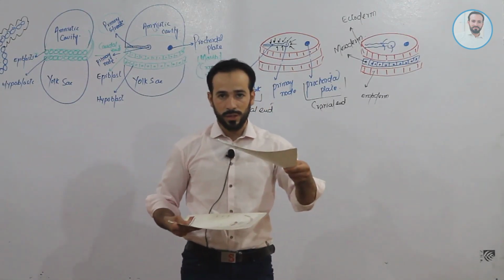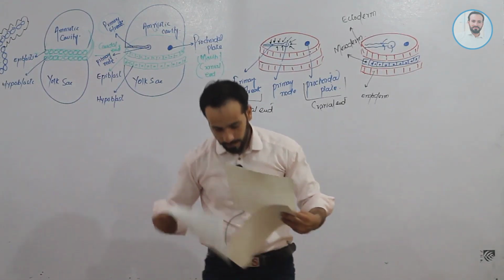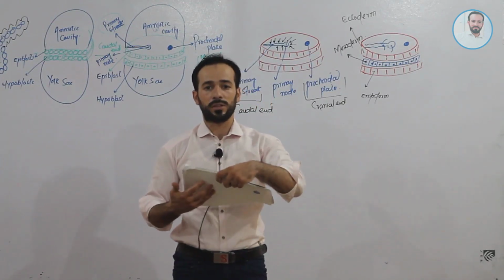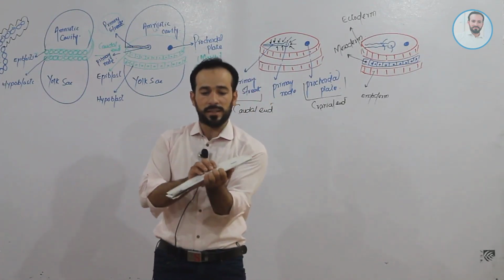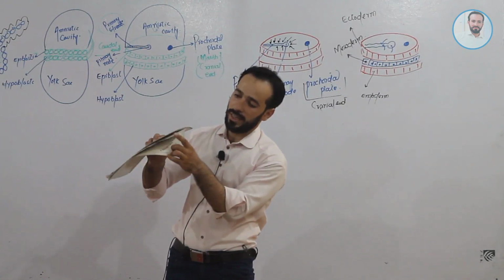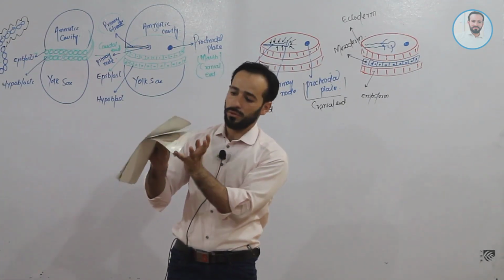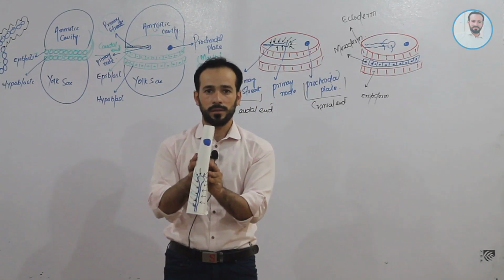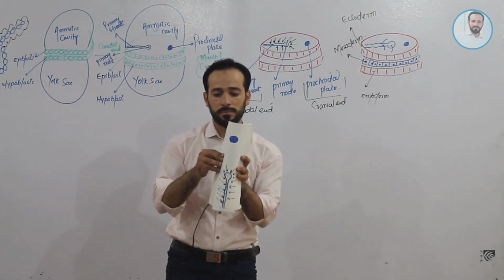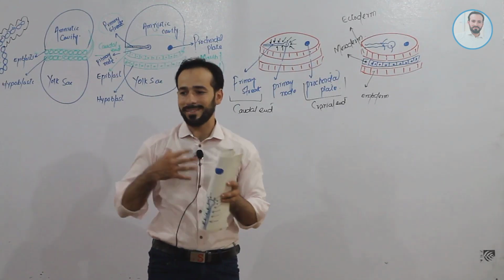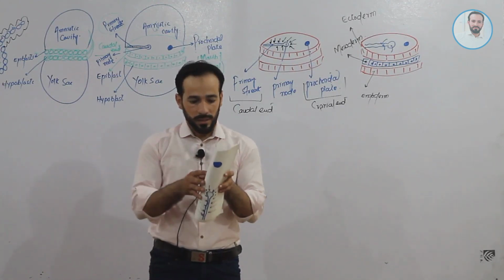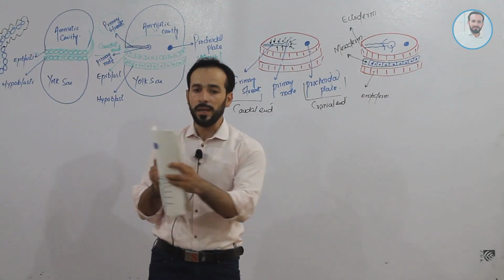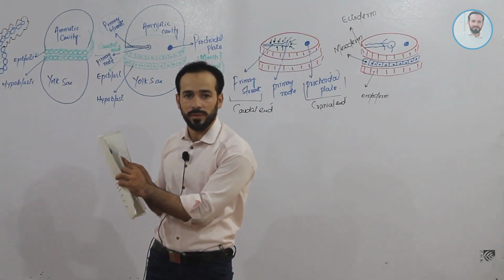If this is our ectoderm, here will be our mesoderm, and this is our endoderm, right? So it will become like this, friends. Look, these are three layers: ecto, meso, endo. It will be folding like this. Clear, friends? So this ectoderm will form the skin of the baby, right? This mesoderm will form the underlying tissues of the baby, and this endoderm will make the systems of the baby.